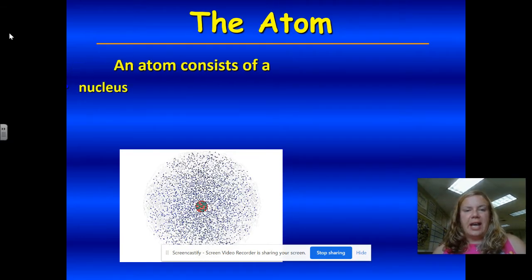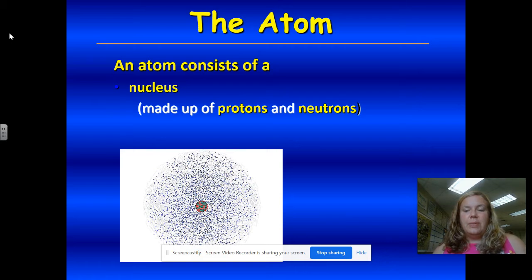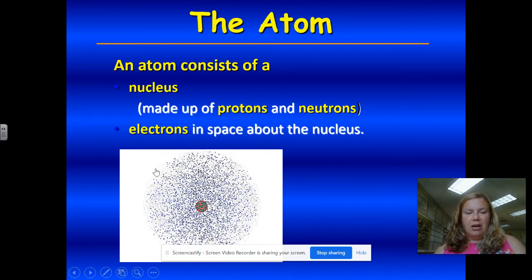First off, to start, an atom consists of a nucleus that's made up of protons and neutrons. Protons and neutrons are inside of the nucleus. What you will find, though, is you see all of this area here. It looks like there's electrons just everywhere. There are not that many electrons actually in an atom. Those electrons instead, all those dots are showing where electrons have been. Those electrons are moving so incredibly fast that it looks like there's electrons everywhere, and it's almost like a solid